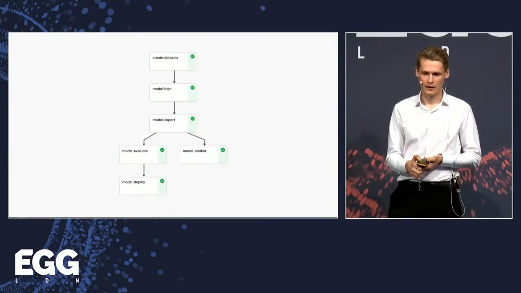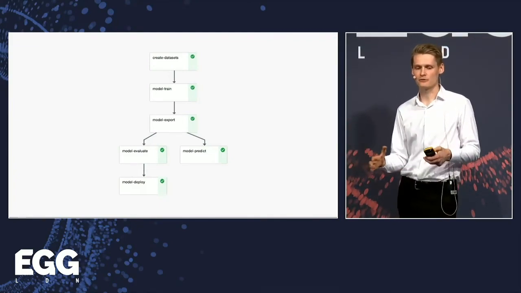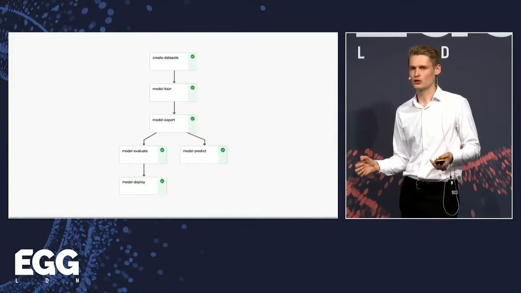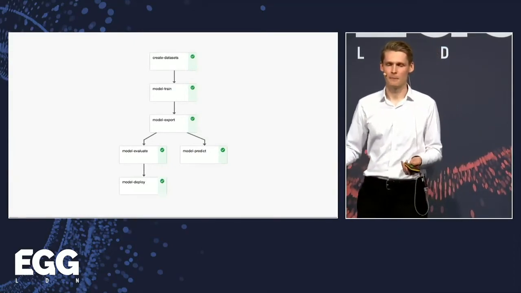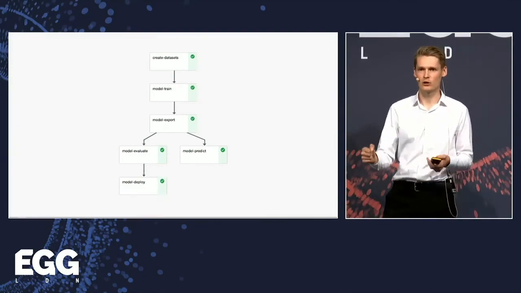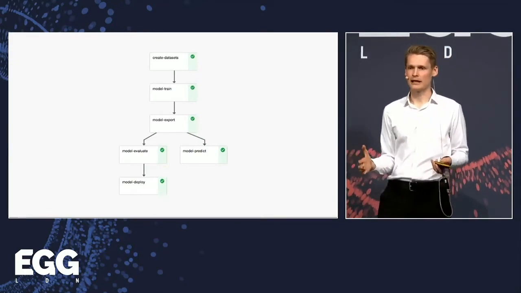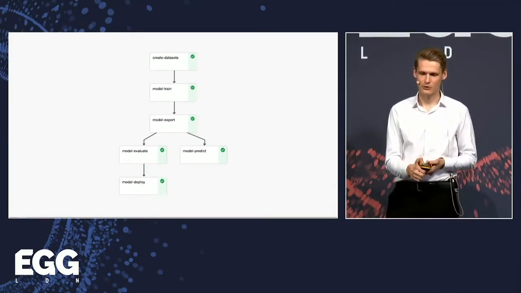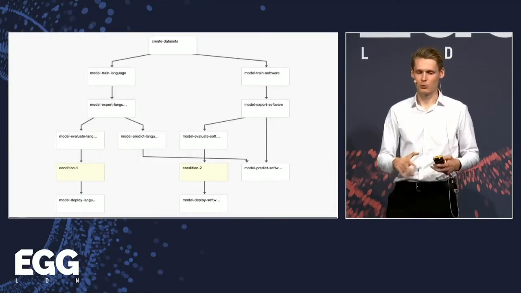But as you noticed in the previous slides, we defined this model which operates on a data set, but only in the case where the predictions of an upstream model, the language model, were of a given class. So let's imagine a case where we want to train two models at the same time. So we have one data set from which we train two models, but we basically want to trigger two separate